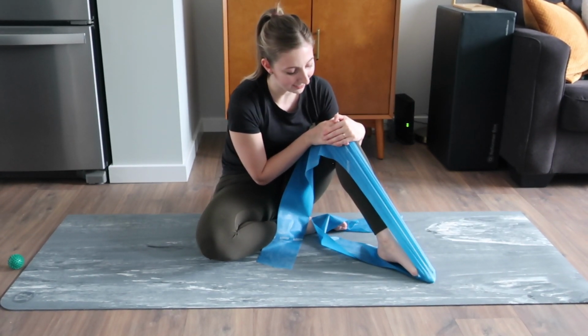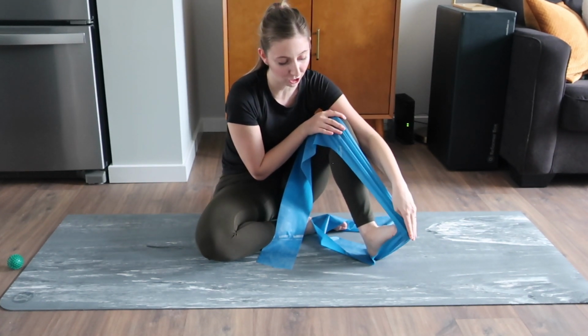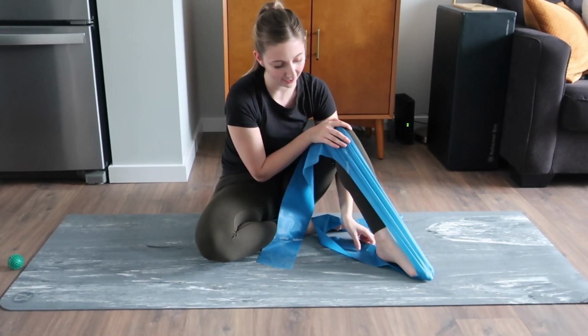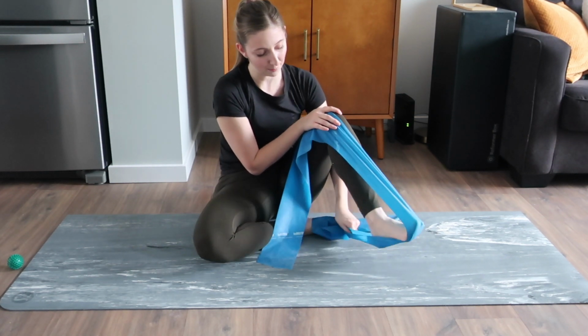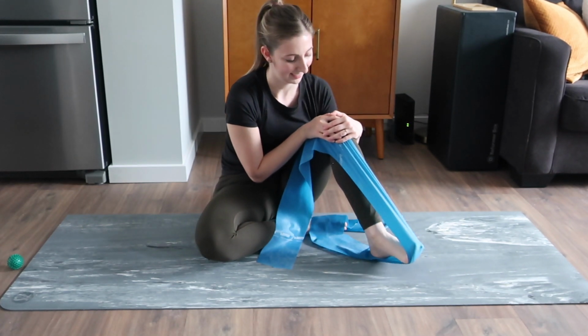And one more here. And changing directions now. So starting from the top of the toes, curling down, pressing down, and lifting up. Curling down with those toes. And lift,